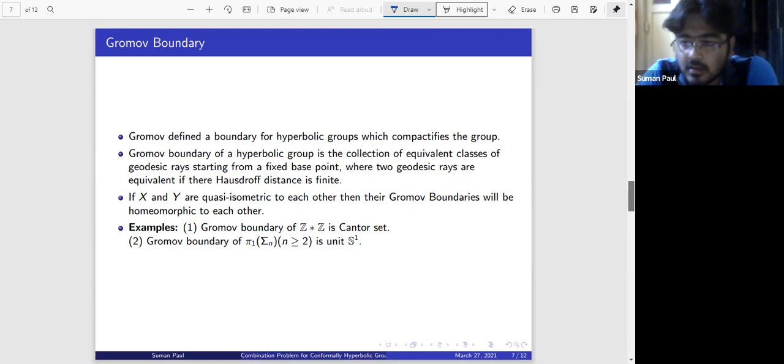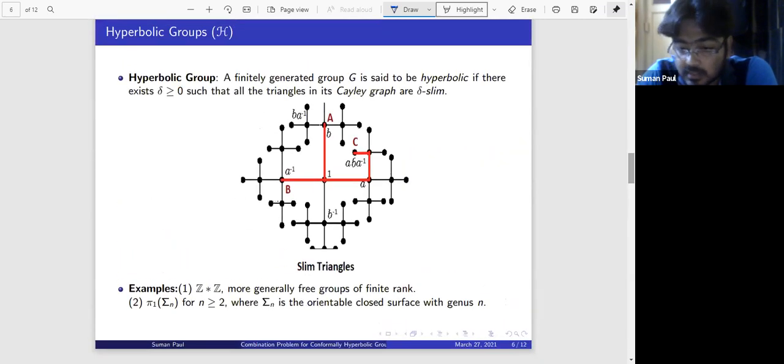Okay. So see the example, see the picture first. This is a hyperbolic group, we know. So take the fixed base point to be the identity. Okay. So this is my fixed base point. Now take the geodesic ray, which is defined by 1, a, a squared, a cubed, a to the power 4. This infinite line, so this is obviously a geodesic in the Cayley graph.